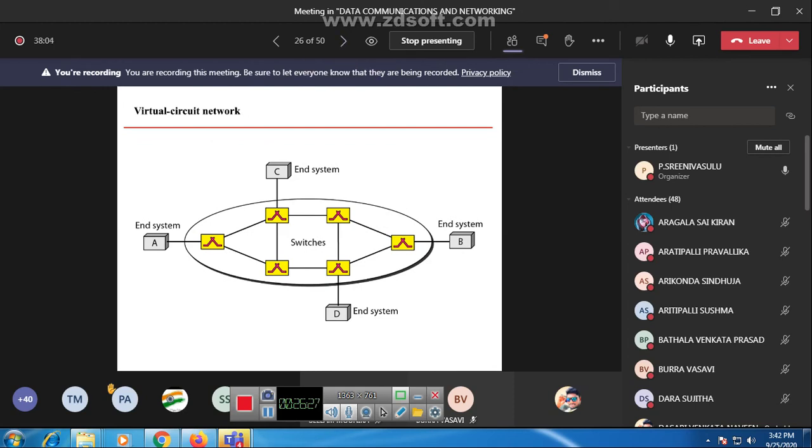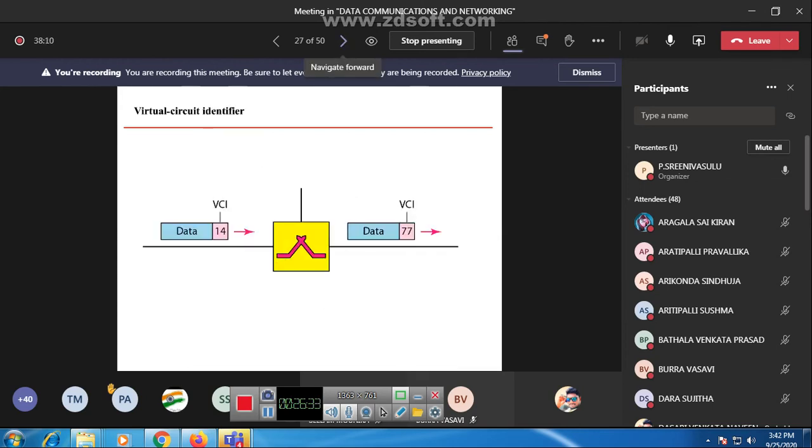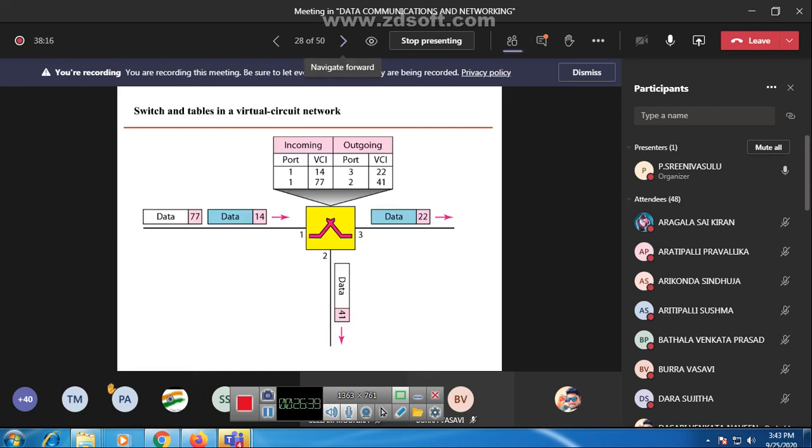It is similar to circuit switching, a combination of both circuit switching and the datagram network.